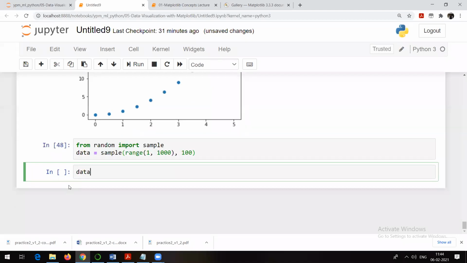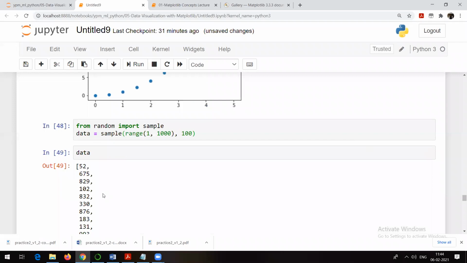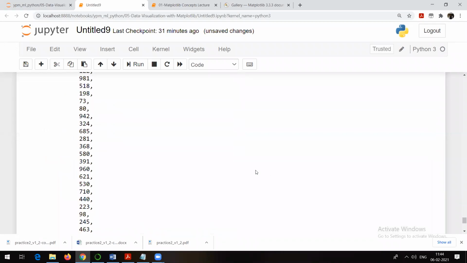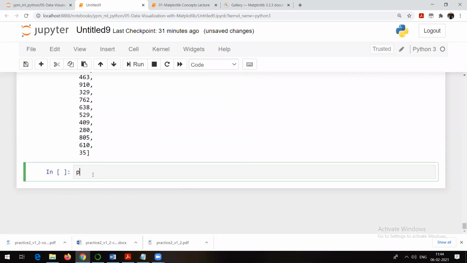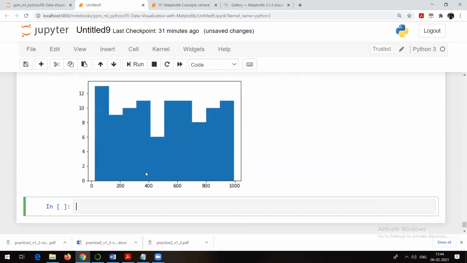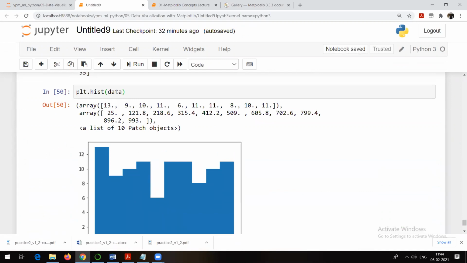See what the data is now. All these are the 100 values, 100 random values, obviously, because they come from the random method. So you can check these are the 100 random values we have. Now I am going to plot a graph for these 100 values, and that graph is going to be a histogram. So plt.hist, that is histogram, and then just run it and you will be able to see this. Obviously we have a lot of options here.